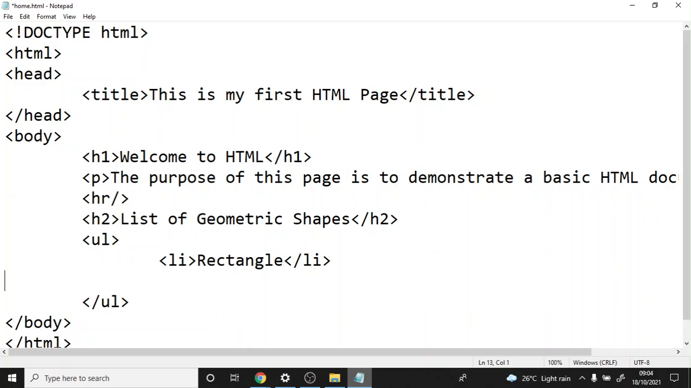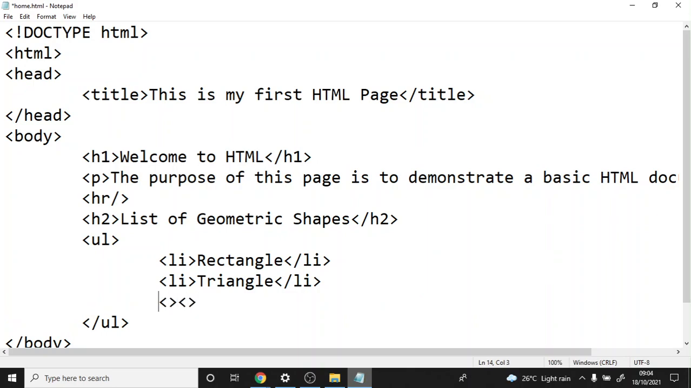Then you go to the next line. Then, for example, you do LI and closing LI. You do, for example, triangle, like that. So you can see how I'm indenting my work. So indenting helps in readability, so that when you come to edit this particular document another time, it becomes a little bit